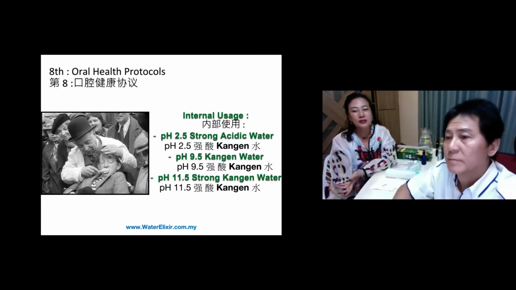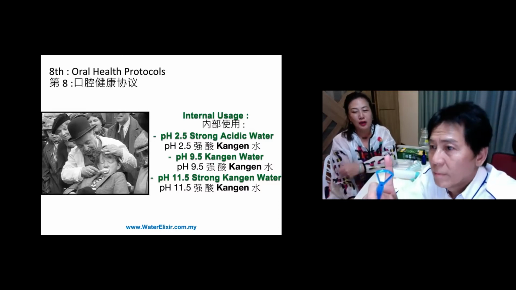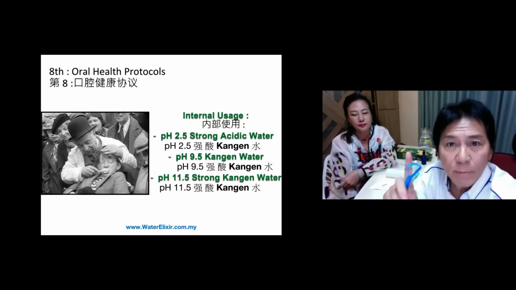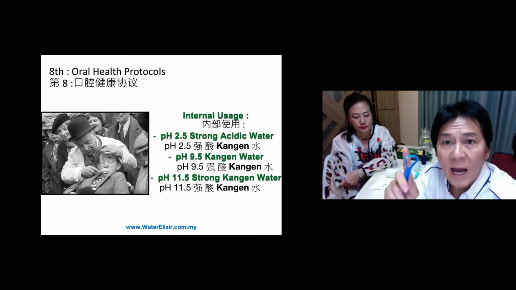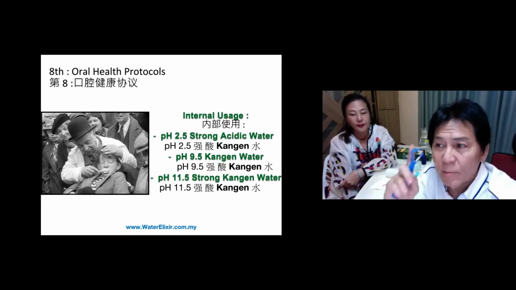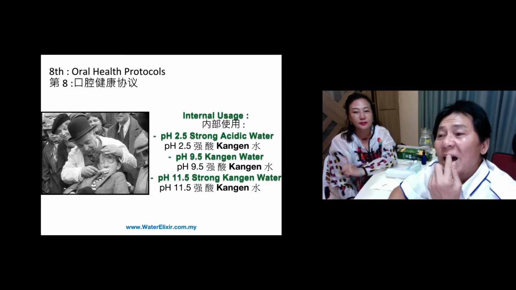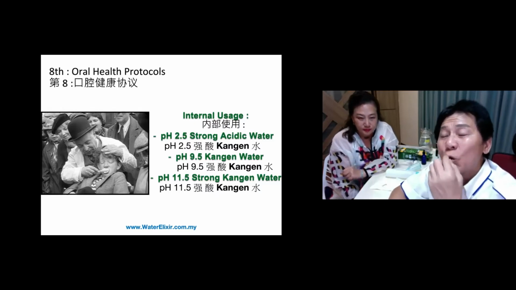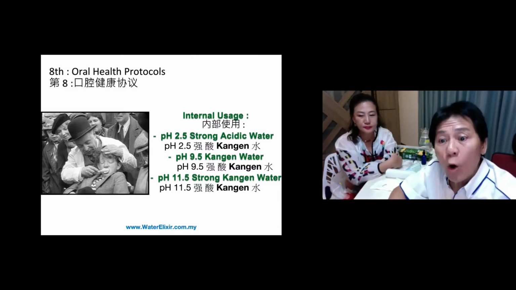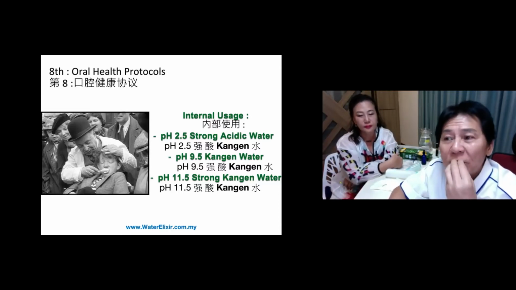Yeah, if you have plaque, when you use 2.5 to gargle, the plaque will dry up quickly and be gone. But very important, very important. You must follow it with rinsing with 11.5. After 2.5, please rinse your mouth with 11.5, because of its high alkalinity. Because the teeth have an enamel. Enamel protects your teeth as an alkaline layer. So when you use 2.5, which is highly oxidizing, it makes your teeth very sensitive after a few